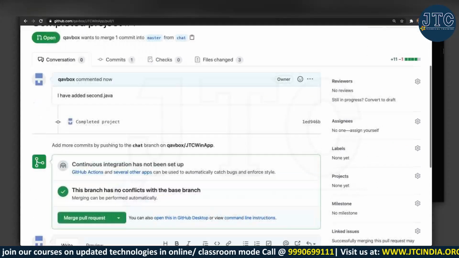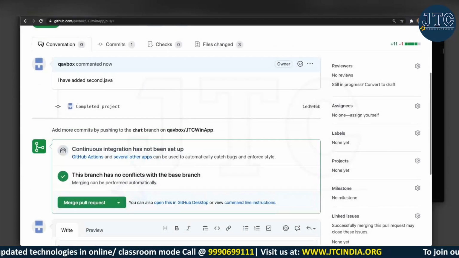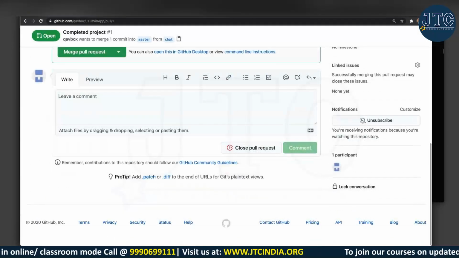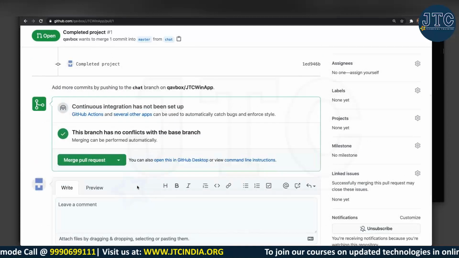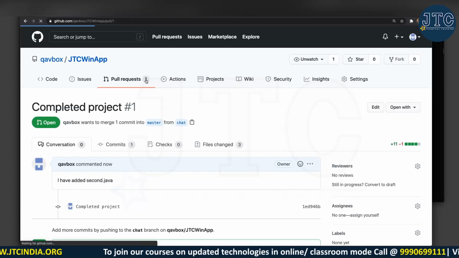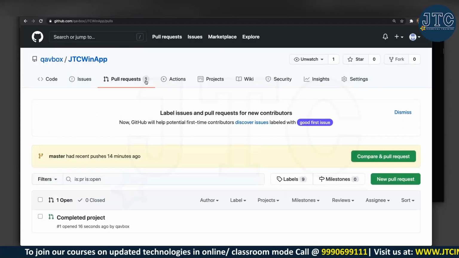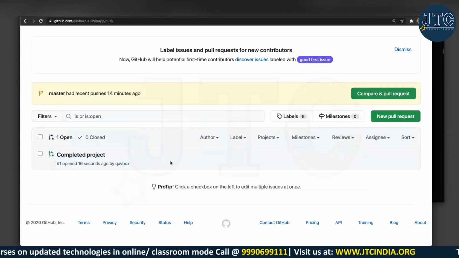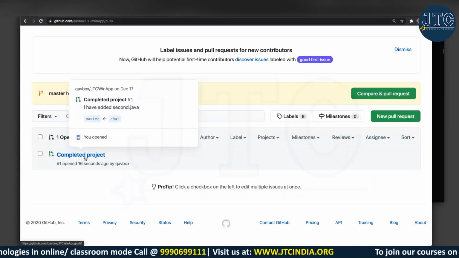Fine. Now this pull request will stay here only. Now what will happen, your manager or your lead will come to this particular pull request. You can see here one notification is coming as one, and it is pending. This completed project is my message, actually my commit message.